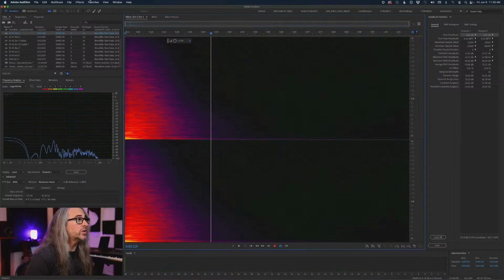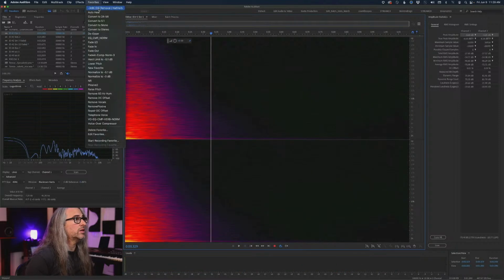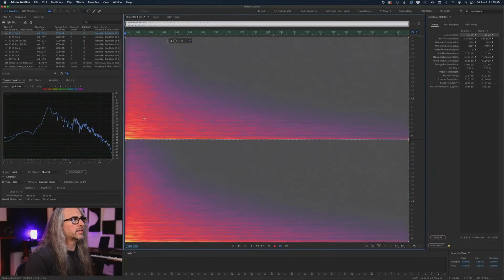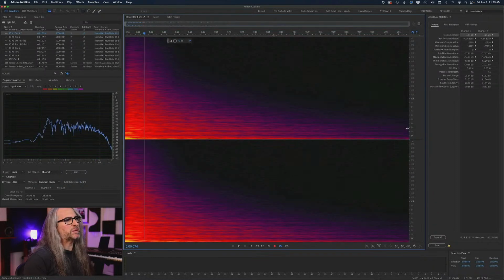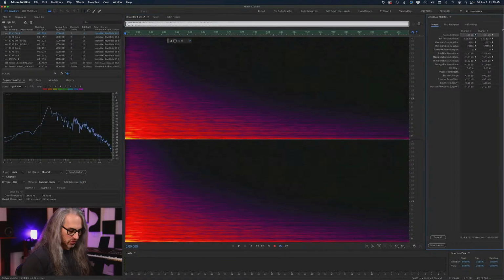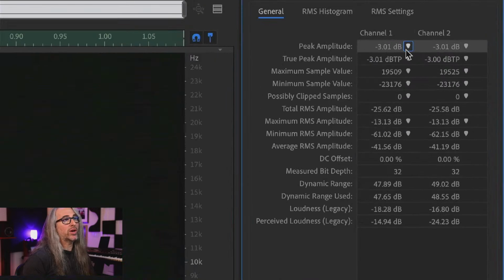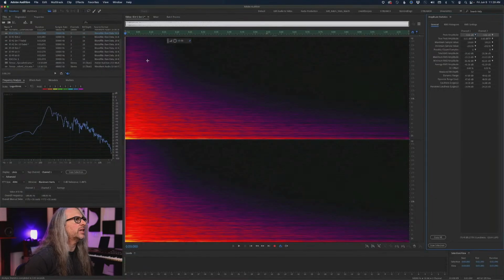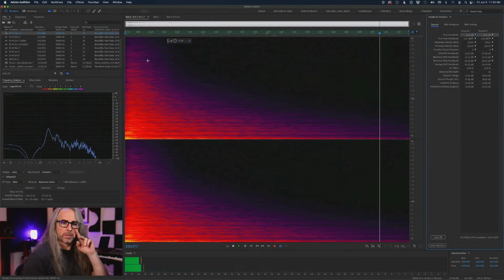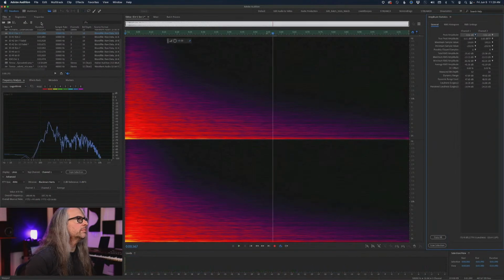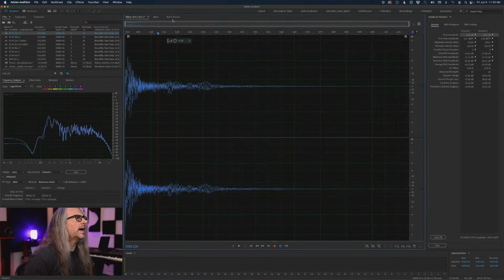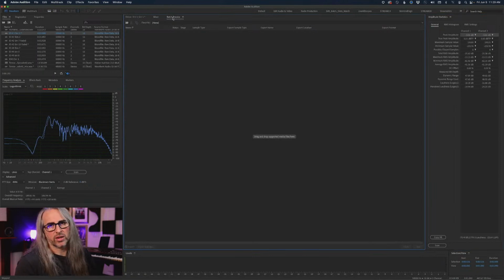Okay, so I can individually run this just by going to the favorites menu, choosing the favorite, done. And you can see that reverb's been applied because now you see the spectral tail, right? Let's rescan. Okay. -3.01 decibels. Okay, for whatever reason, it was slight, but again, we're good. No DC offset. Play it back. Okay, sounds great.